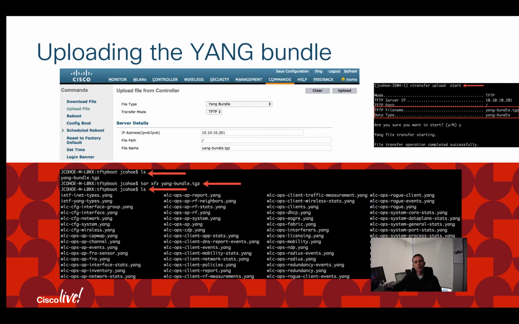Hi, it's Jeremy here. I'm going to be talking about uploading the Yang bundle from the WLC to your TFTP server. In this case, the TFTP server is going to be running on my Mac, and I'm running the 8.8 code here. In the screenshot, I just have the GUI where I've selected the